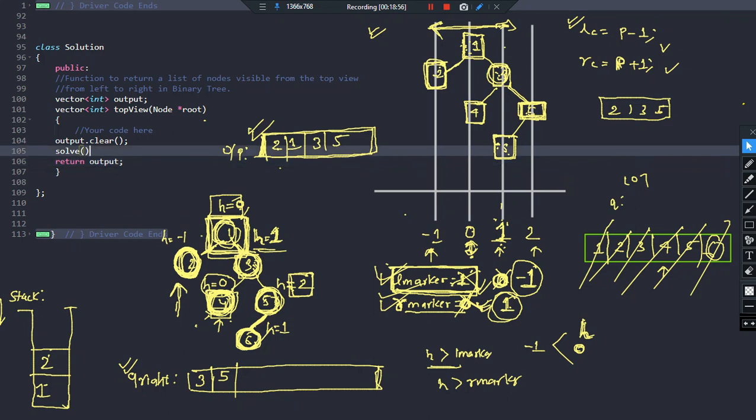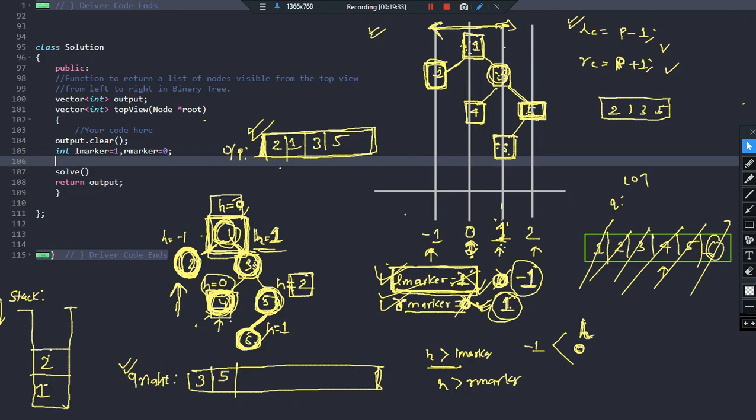Now what am I going to write in solve. So basically, as I said, we are going to use 2 markers, left marker and the right marker, which will be accessible throughout the tree at each and every node. So I should have left marker, that is I am writing L marker, which will keep track of the maximum point at the left that you have traversed. As I said, initially I will be keeping it to 1. Okay, and I will have R marker to 0.